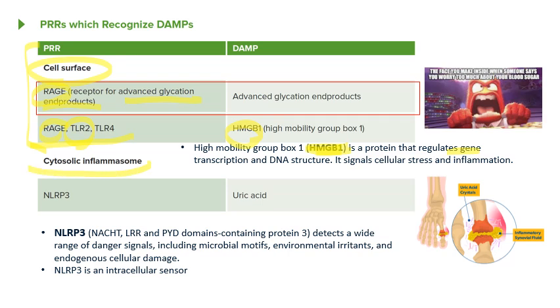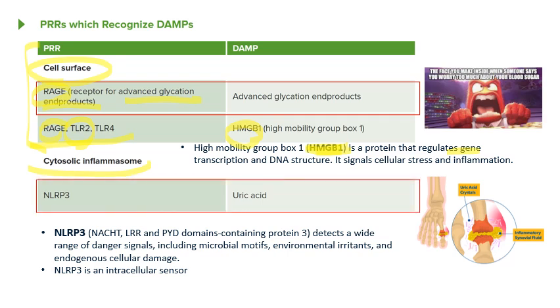The most important one that you have is this guy here, NLRP3. Yes, it has a long name. I don't care about the name. It's nod-like receptor protein 3, something like that. It's a type of NOD receptor in the cytoplasm. It is going to recognize several things that are not supposed to be floating around in the cytoplasm, but